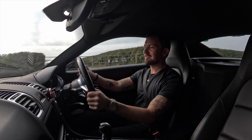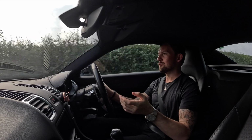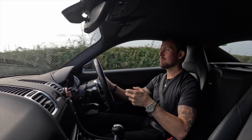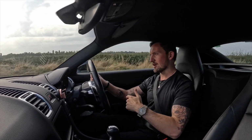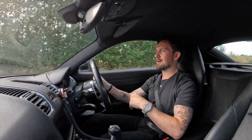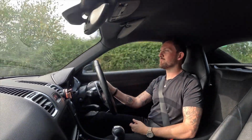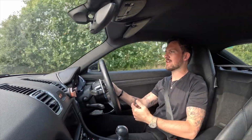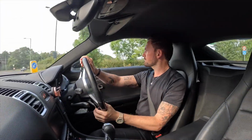It's fun, right? It's very satisfying. You point it in the direction you want to go and it goes. You can kick the tail out. I understand people like Chris Harris can do it intentionally. I'm not that skilled a driver to do it intentionally. I've done it accidentally a few times, and one of the things with a Porsche is that owning a Porsche does not make you a good driver. It does fill you with confidence and it's comfortable compared to something Italian, but if you mess up,